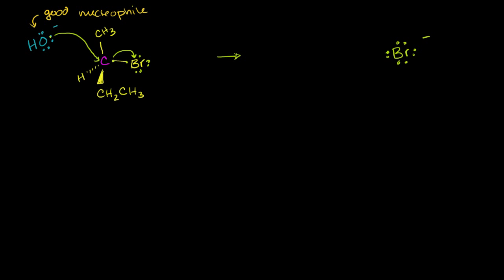So that carbon, let me draw that carbon in the center. That's just like this. And notice bromine is leaving from the right, and the hydroxide is attacking, or it's giving its electron from the left, or it's bonding from the left. So what's it going to look like? Well, we have this, I guess we could call it this ethyl group coming straight out forward, CH2, CH3. We have the hydrogen that is still going to be behind the carbon. So that hydrogen is still behind the carbon. So I could draw it like